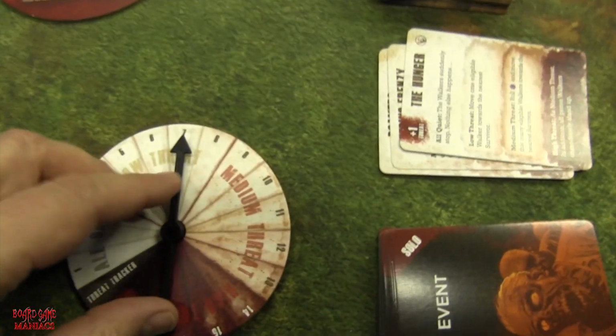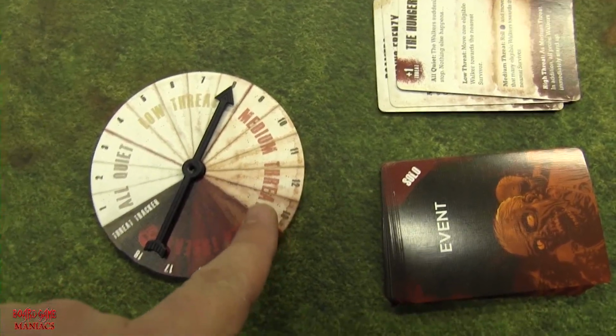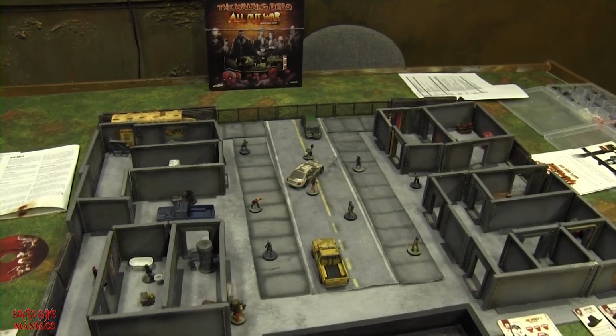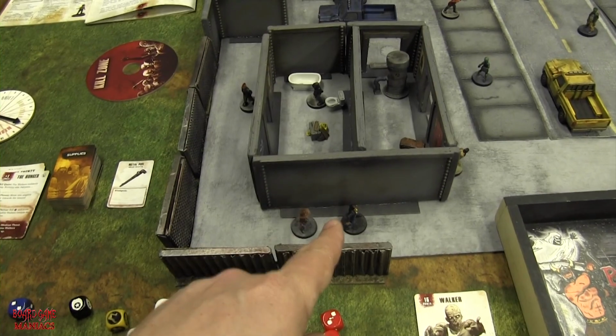Celebration is short-lived, though, because the threat track has gone up to 8 now. We are going into medium. And as I said before, we got 3 of them that are at medium threat level, and they're going to have to make panic checks every time they activate, which will suck. We're on the action phase again, and I'm just going to try to do first action for...